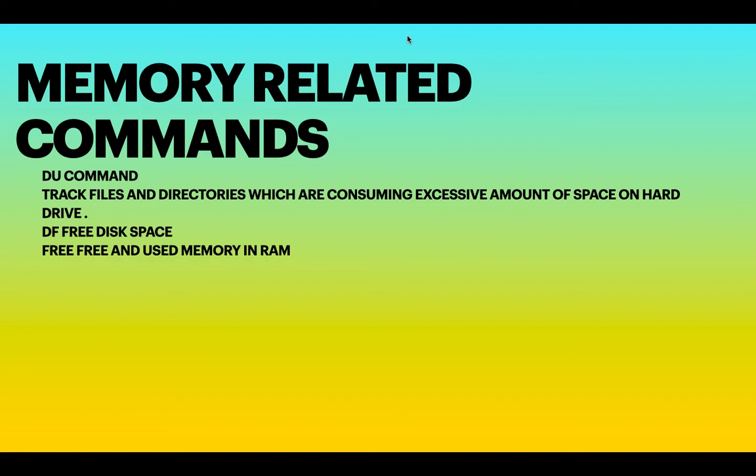Next is the df command. It is also similar to the du command, with a slight difference. It will report only the free disk space on the file system, not the occupied space. The next is the free command. It is used to show the free or used memory inside the RAM on your Unix system. The other commands deal with the hard disk of the computer, whereas this free command will talk about the RAM, that is random access memory, in your Unix system, whether there is any free or used memory space inside the RAM of your system.